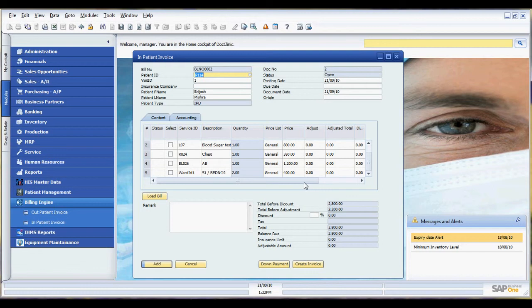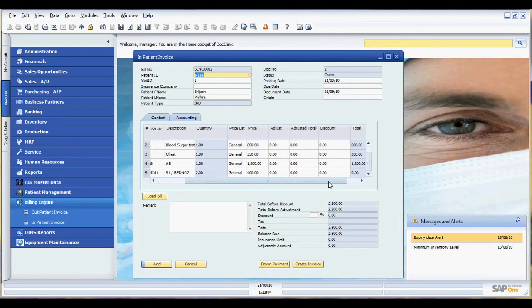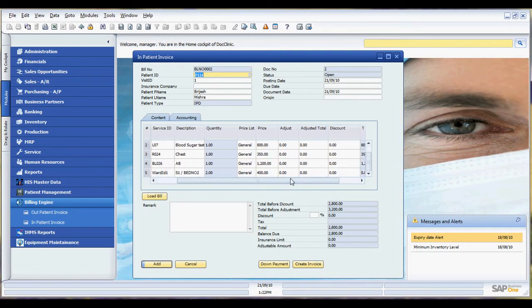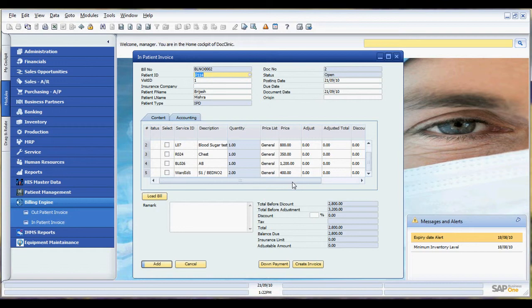All the treatment which the patient has received from the hospital now got populated over here. As you can see, all the prices, the discounts, and the description of each treatment got loaded over here. To prepare the bill, you just need to select the treatments for which you want to pay the bill. After selecting this,